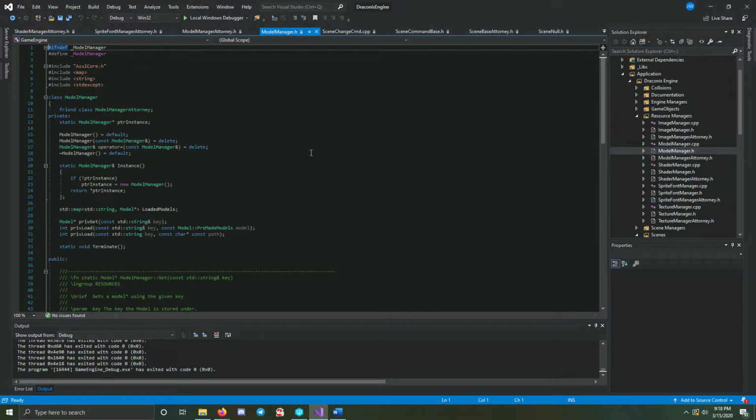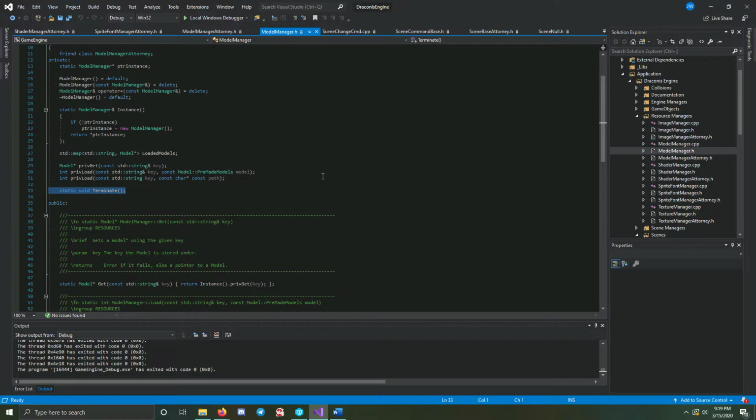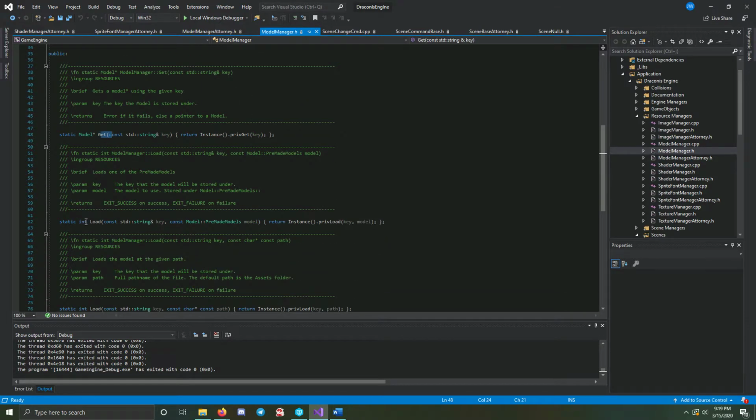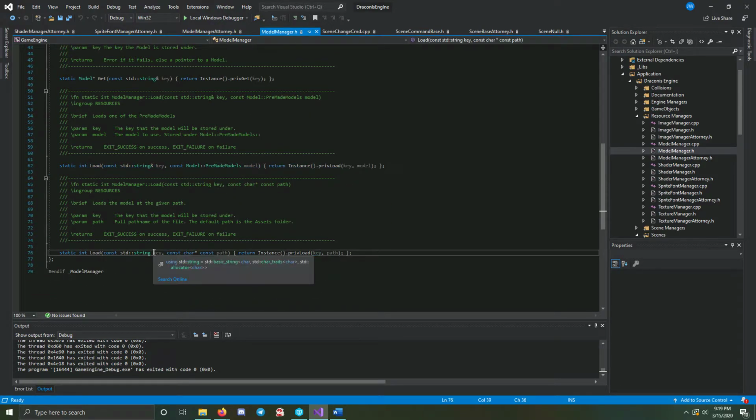So starting off with the model manager, they're all going to be singletons, so that's going to be another thing they share. They will all have a map of a string, which will be the key, and then whatever they're in charge of. So in this case, models. They will have terminates, again, called through the attorney. The model manager has three functions: get, which returns a model that has within its map; load, which gets a key and then one of the pre-made models; or load, which is a key and a path, which will load